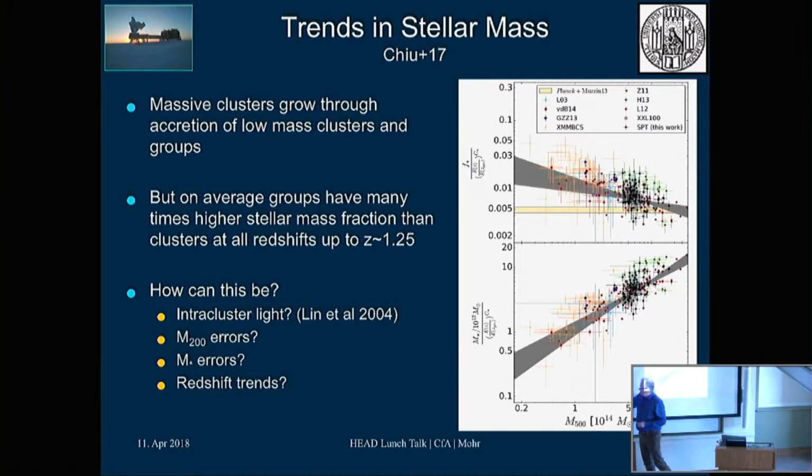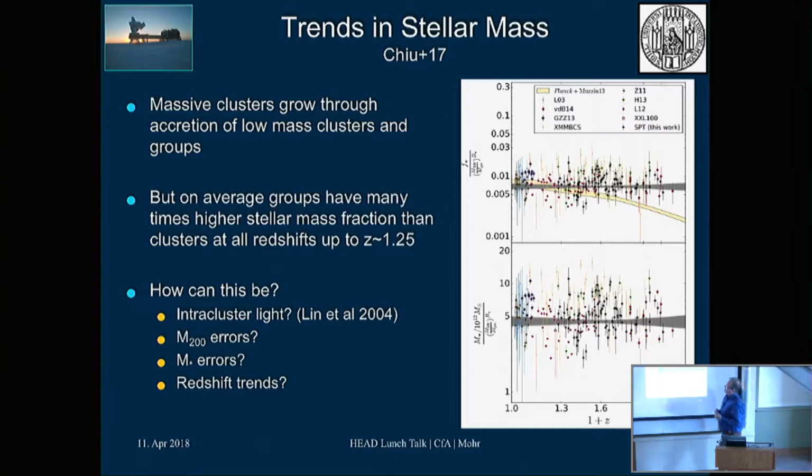Could it be M-star errors? We don't think so. Could it be redshift trends? People were saying that the high mass systems we observed in the low redshift universe, back when we first looked at this in 2003 and 2004, aren't built of the groups in the present epoch universe, but from groups at an earlier time. So with this data set, we can look at the redshift trends. You can see here F star at some characteristic pivot mass as a function of redshift, and there basically isn't much in the way of a trend.